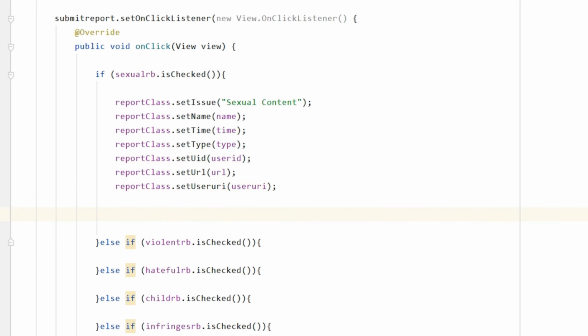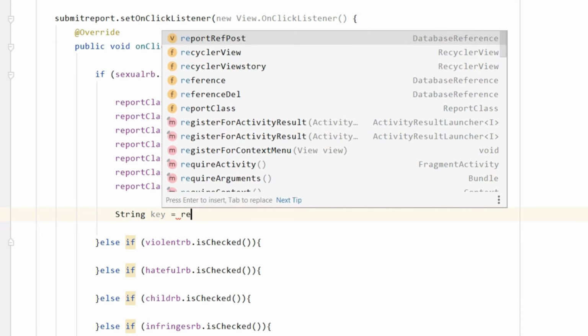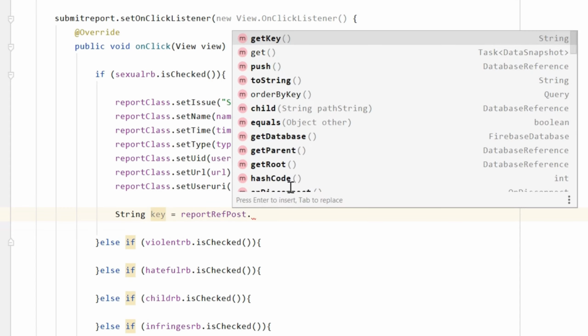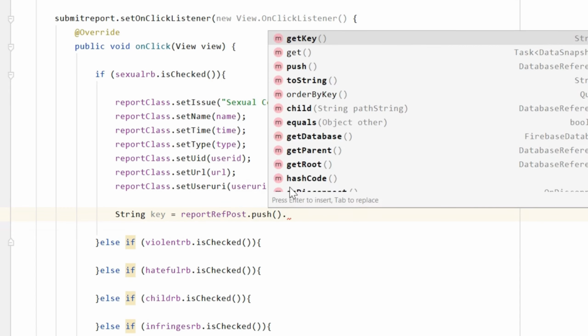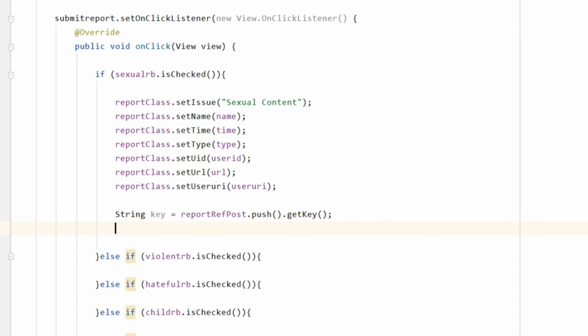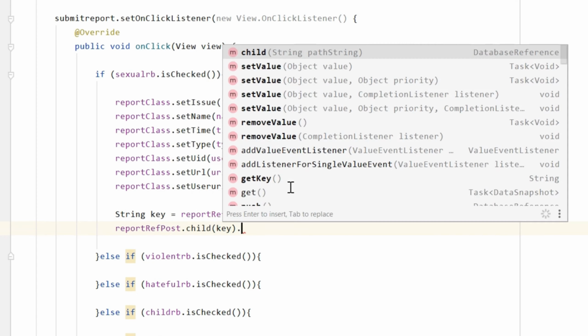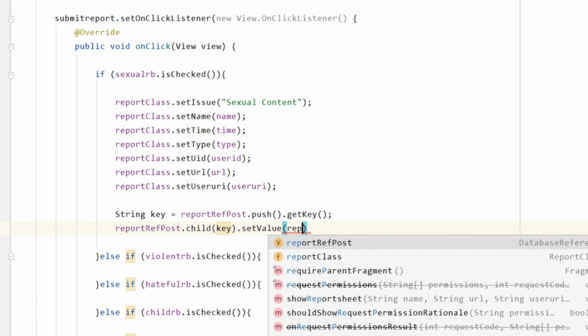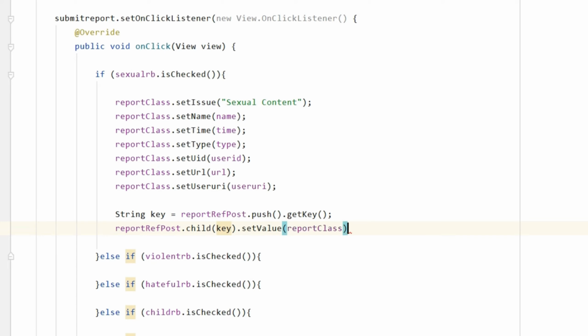So just make sure these strings are in that child real-time database of report post, and after that here you have to simply create a string that will be key equals to reportPostRef.push().getKey(); then semicolon, and after that reportPostReference.child(key).setValue(reportClass); and then semicolon, and after that